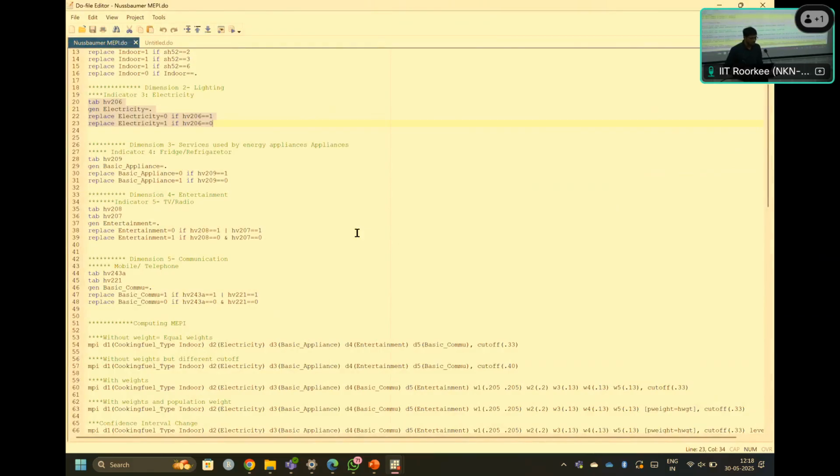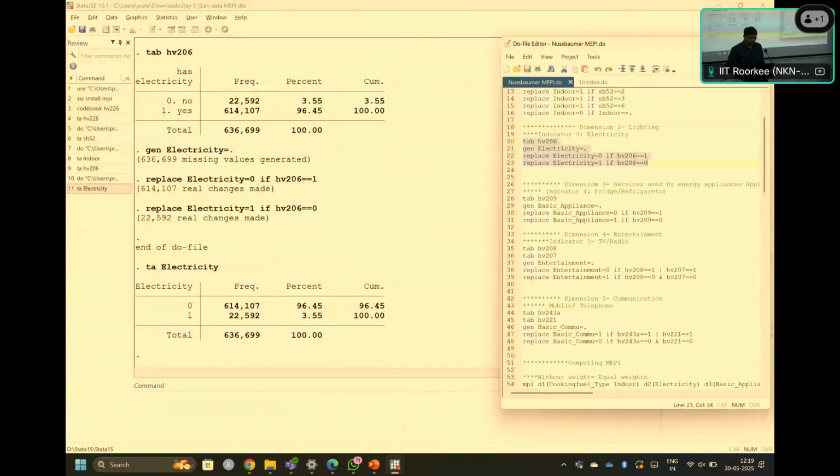So for services used by the energy appliances, freeze and refrigerator can be considered a good indicator of energy appliances. Is it okay?